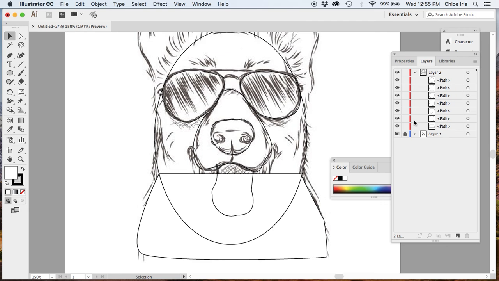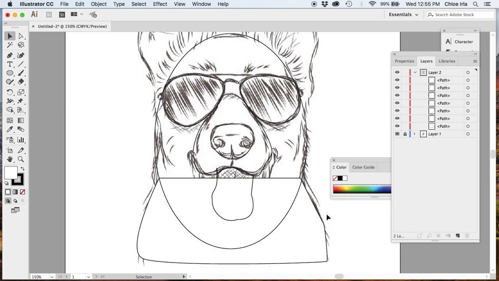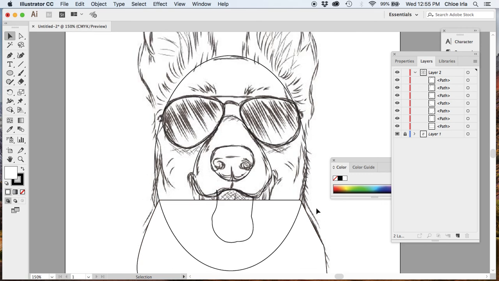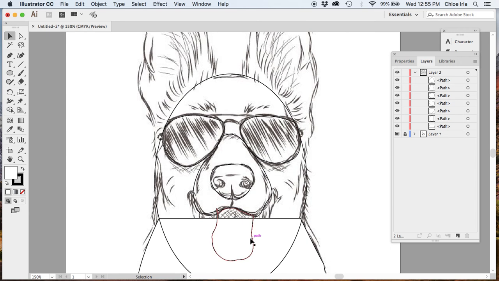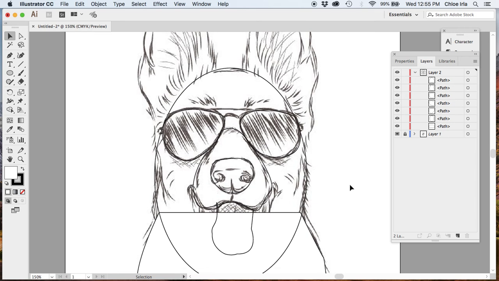So that's how you can work with layers too, to not make shortcuts for yourself, but just thinking strategically about how you can utilize the organization that Illustrator has to offer to save you some time drawing, and then you can get more detailed. Okay, so there's another